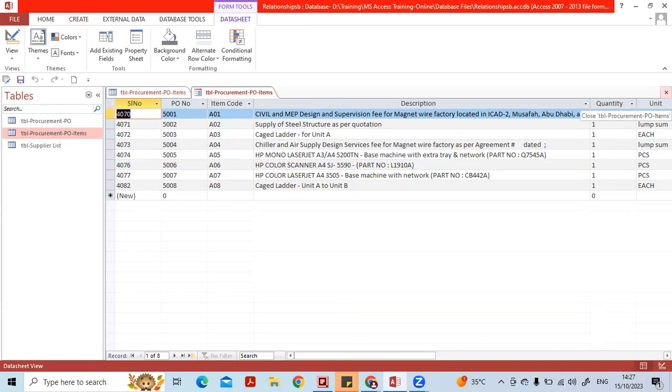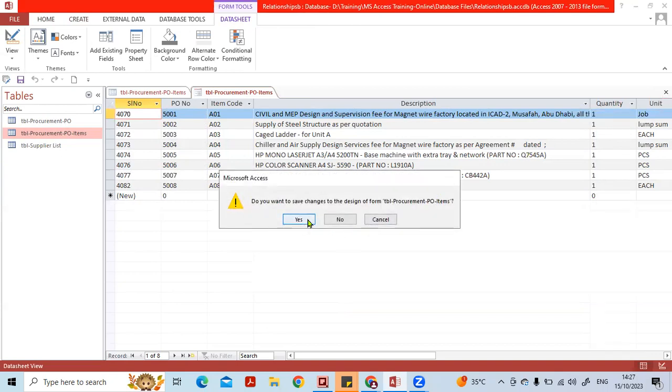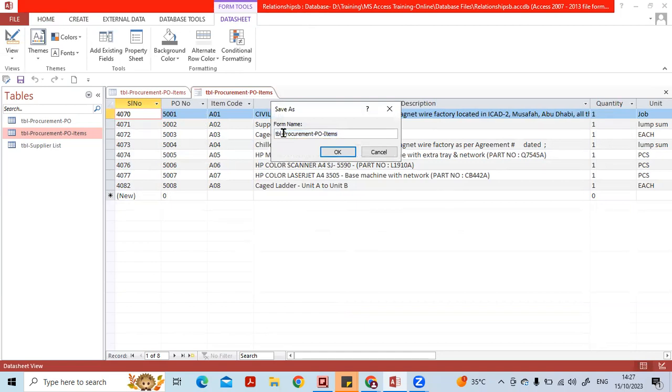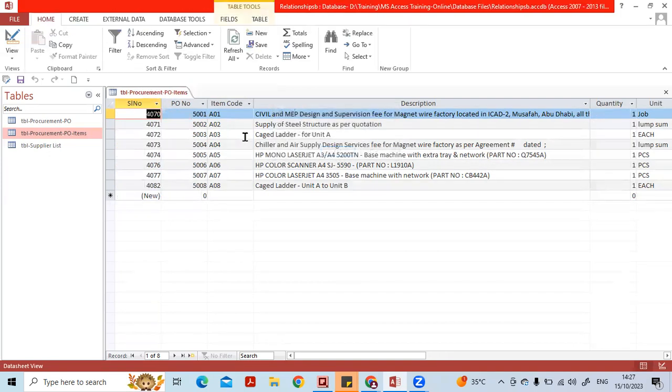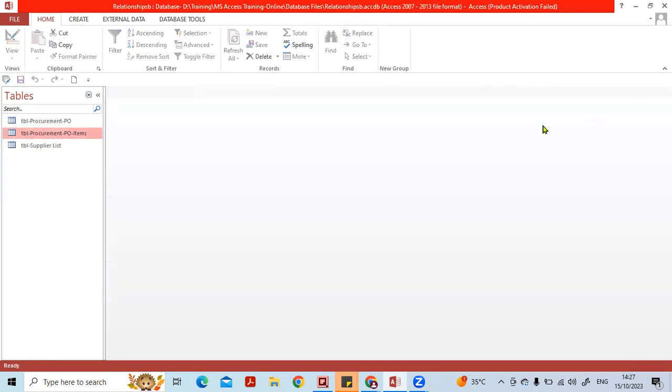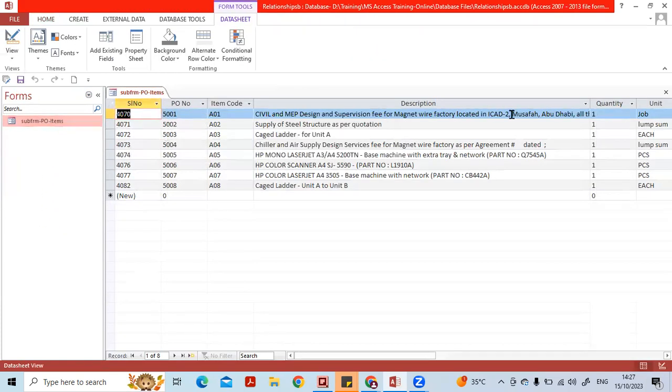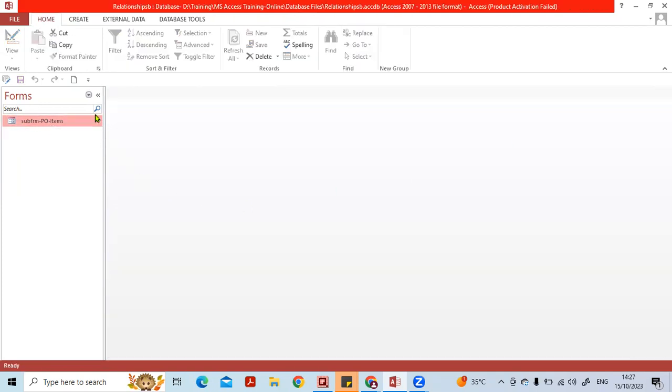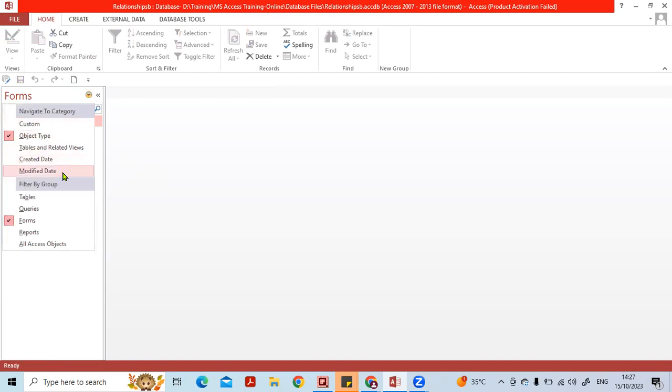Now you can close this one, say yes. So it is asking the name of the form. So let us name this one as sub FRM procurement PO items. So let us say PO items only. Now let us close this table. So in the forms, we created subform, which is PO items. Now let us create a